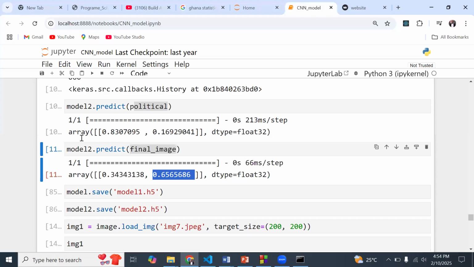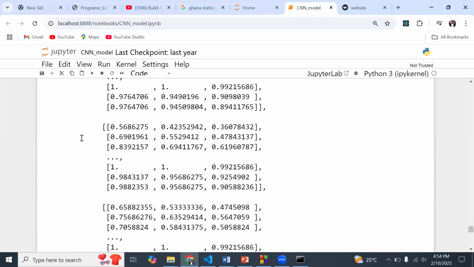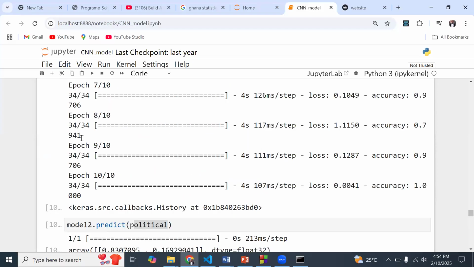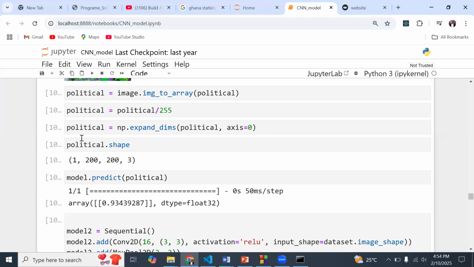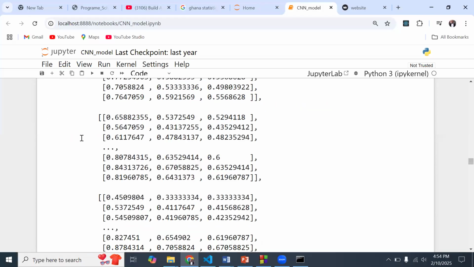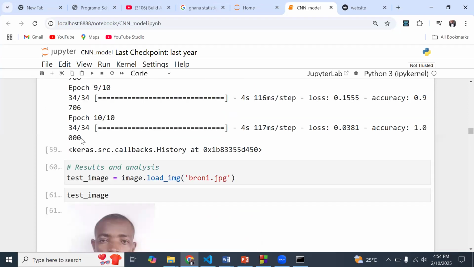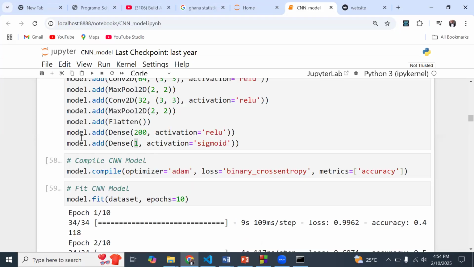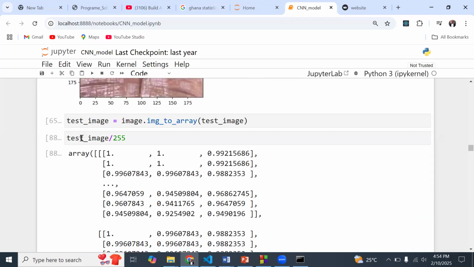So for instance, when I came down here, where did we even save it? Model 1, model 1.